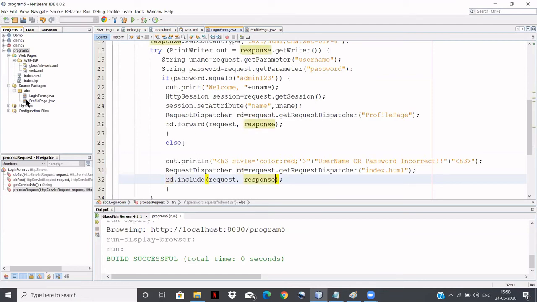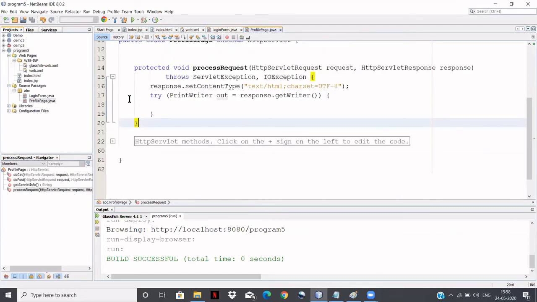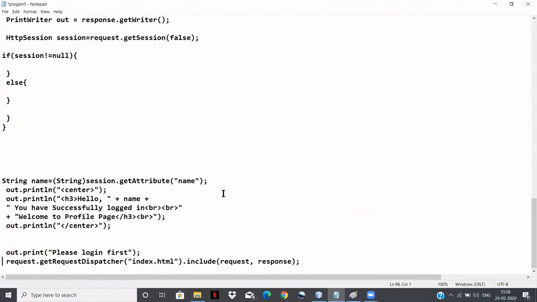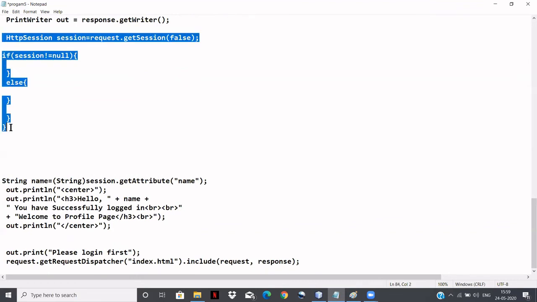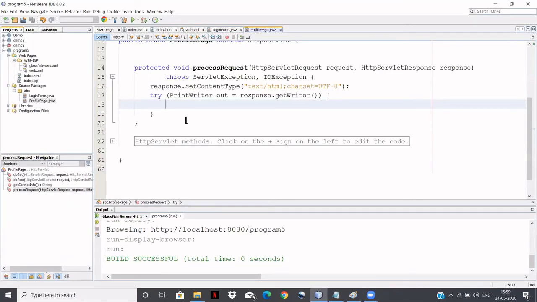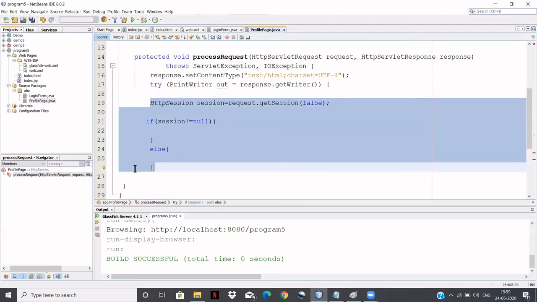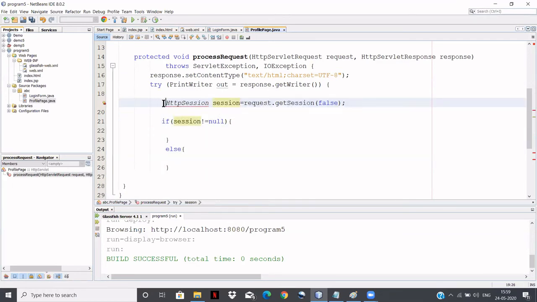Okay, now see here, I'll build this profile page. Now what I'm going to do, I'll create one session here in this profile page. I'll just copy and paste the code. Here, you just check it. See, here I have created one session, that is HttpSession session = request.getSession.